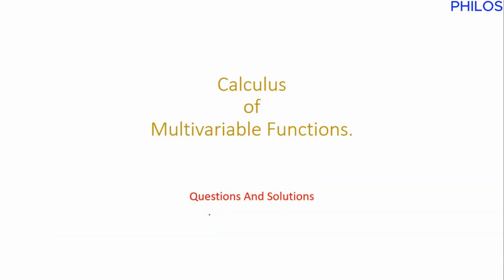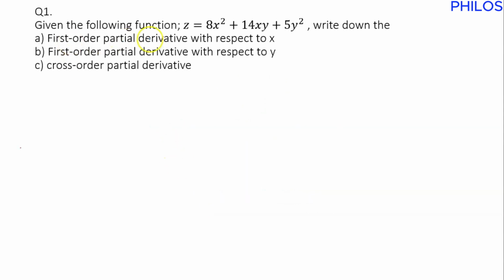Hi, welcome. Let's take some practice questions under calculus of multivariable functions and see how to solve them. Question 1 says, given the following function, z equals 8x squared plus 14xy plus 5y squared. Write down the first order partial derivative